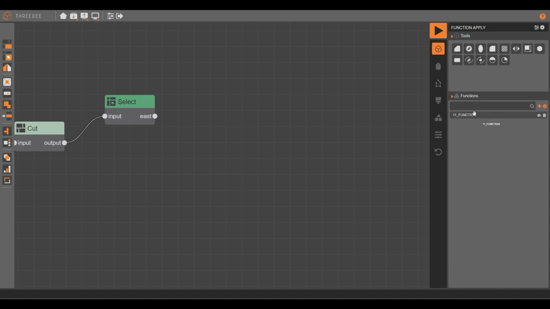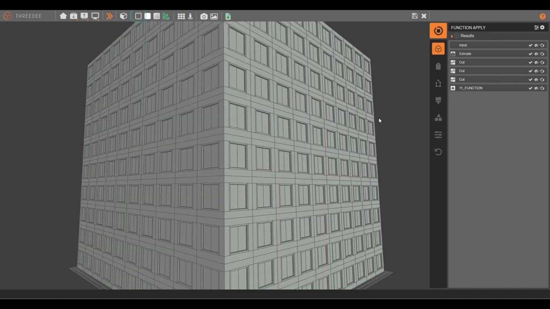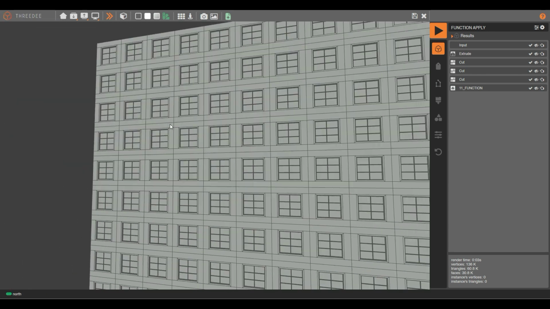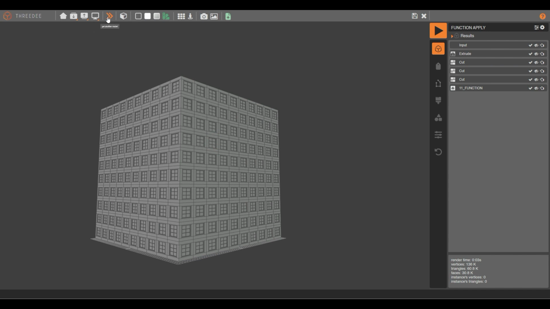or here in tools, in this part I can drop down my function to my desktop. Okay, I connect here and now you will see the result is that my function appears on every spot in every window. As you can see,